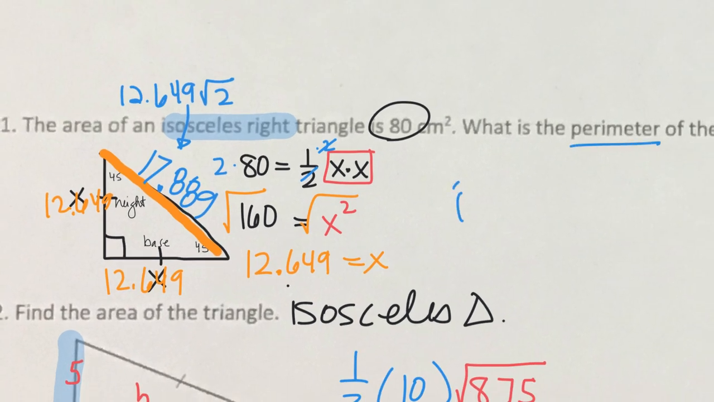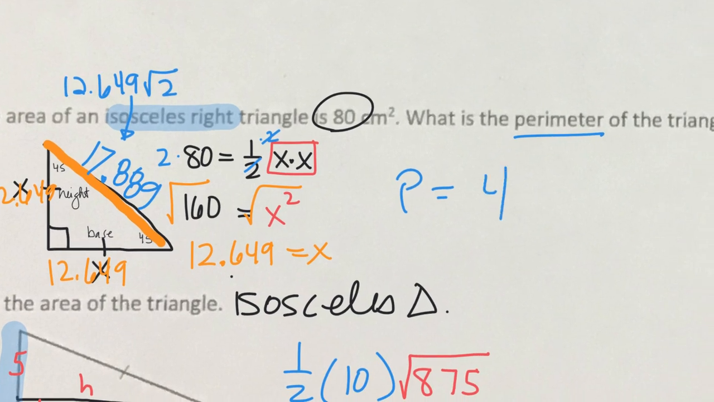So the perimeter is the sum of all three sides. So 12.649 plus 12.649 plus 17.889 gets you the perimeter, which looks like 43.187